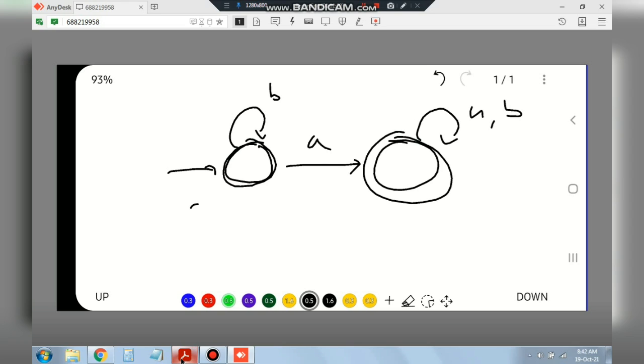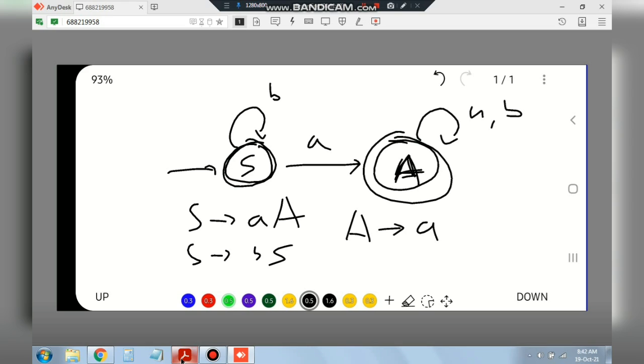In context free grammar I'll write S goes to A. If this is the starting state and this is the final state, and I write capital A, S goes to a capital A. Okay, S is going from A to capital A, that I've written here. Then what is capital A? And for that we have B also here, so for B also I'll write S goes to BS, because passing through B I'll reach S again. Okay, what about capital A? A goes to a A, or b A, or epsilon, or I can have nothing, right? Because that's the final state. This capital A I have written here to continue.